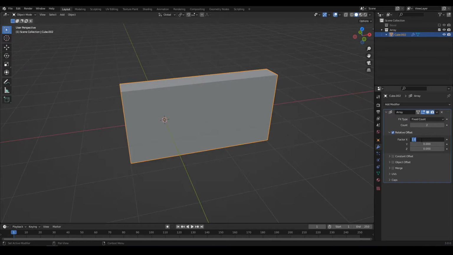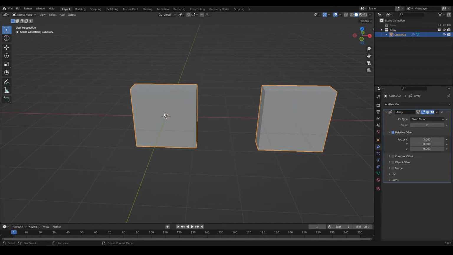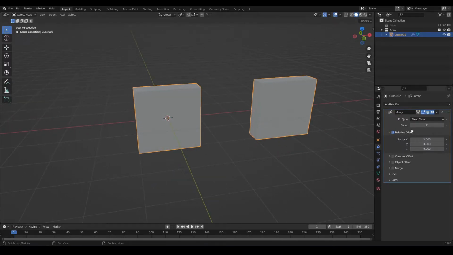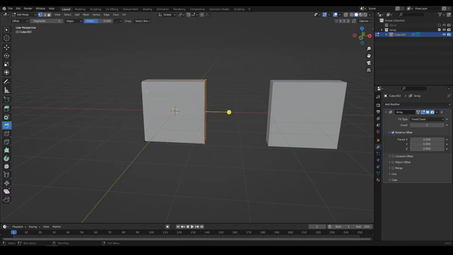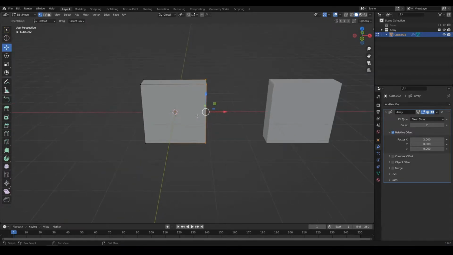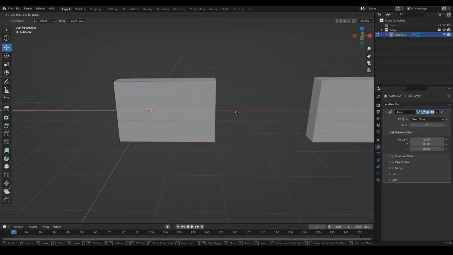If I set this to 2, this object fits in between, so we have objects 0, 1 and 2. We will see how relative offset works. If I modify the shape of this object, you will see that the distance between the two will also increase